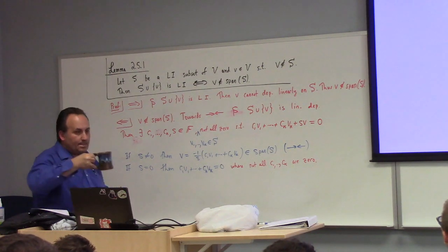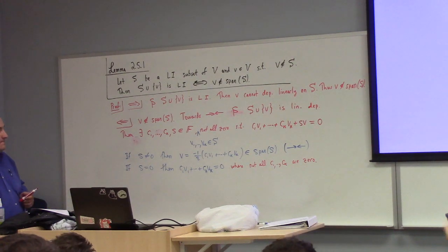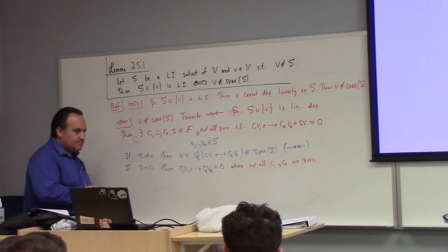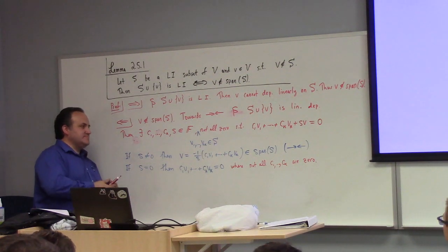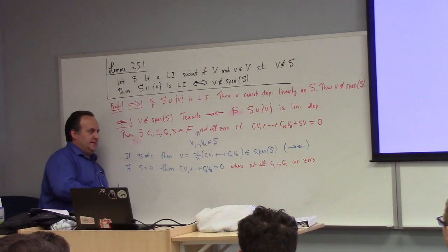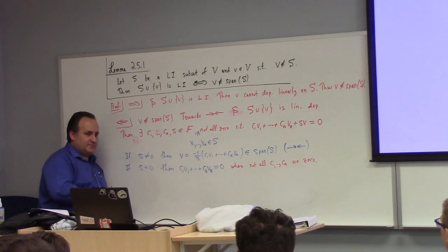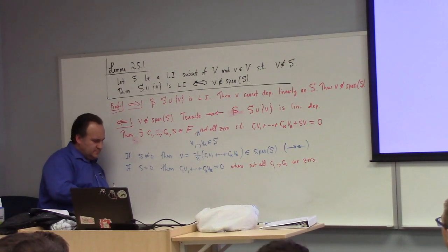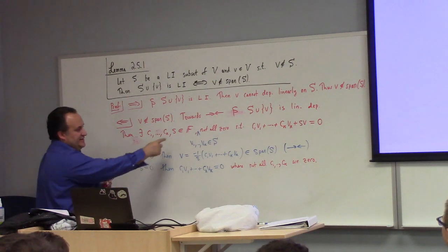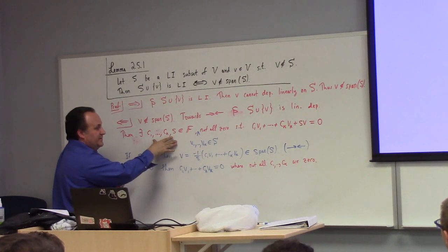Because you know that of C1 through Cn and S, not all of them are 0, but S is 0, so some other one has to be non-0. Exactly that. Since this is 0, and in here somewhere there's something non-zero, it must be by process